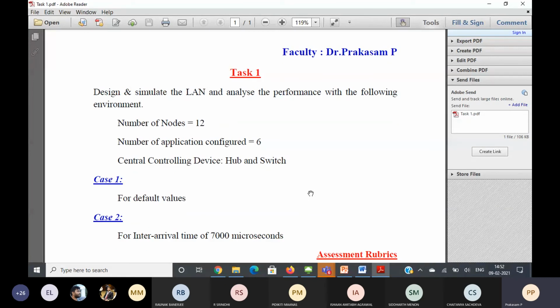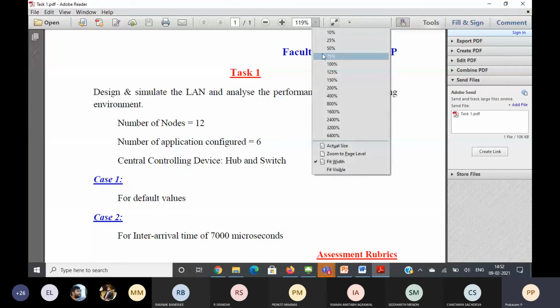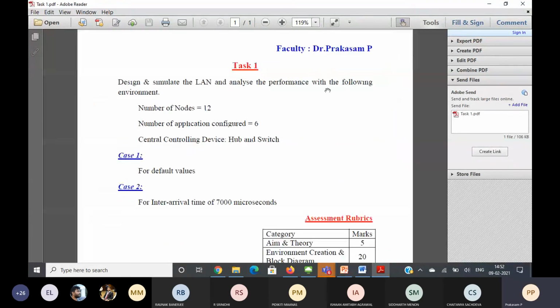Case 1 for default value, case 2 for inter arrival time of 7000 microseconds. So instead of 4 nodes, use 12 nodes, define 6 applications, check default value with the hub, check default value with the switch.